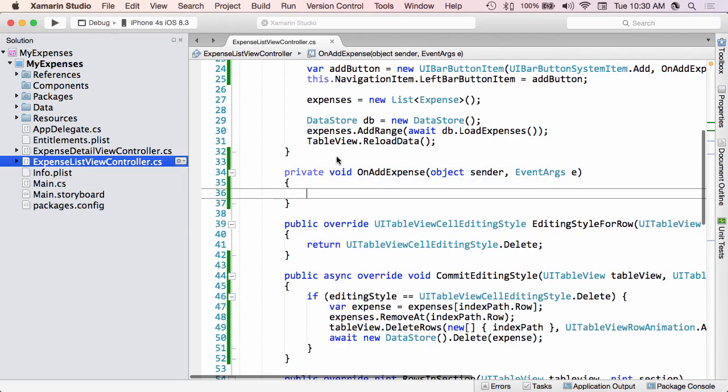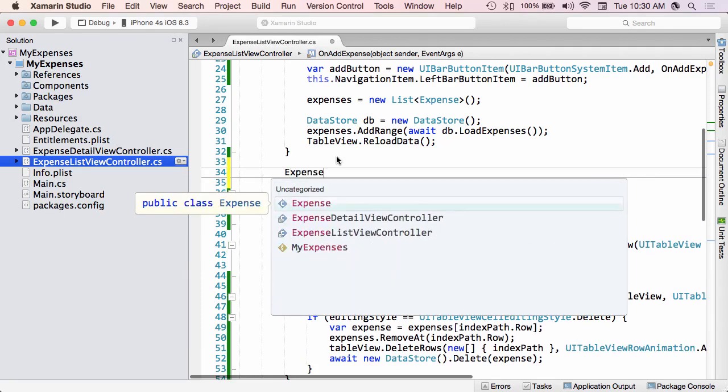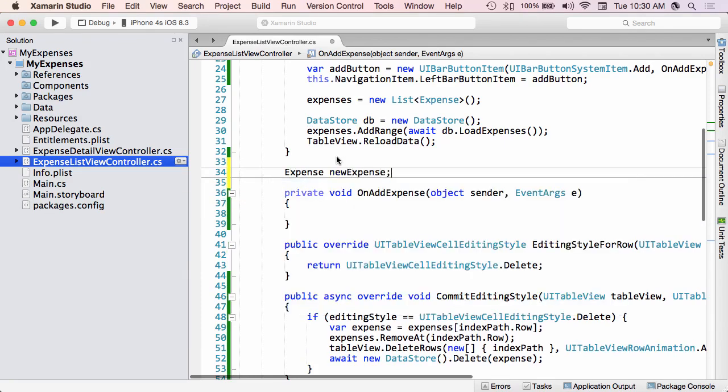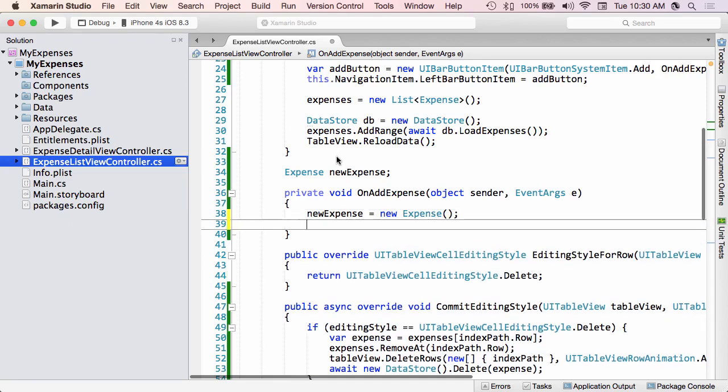Now, what do we need to do in our add expense method? Well, the first thing we need to do is actually create a new expense. So what we want to do is take us to the details screen where you can fill in that new expense. To do that, we have to have an expense to work on. So I'm just going to create a new expense object here. We'll leave it as null by default, and then we'll just create it when you tap on this. So we'll say create a new expense,